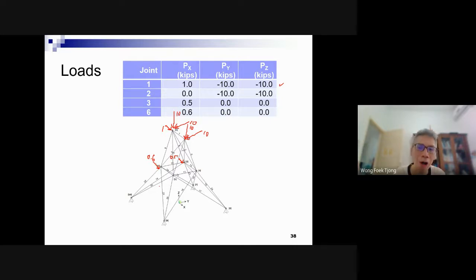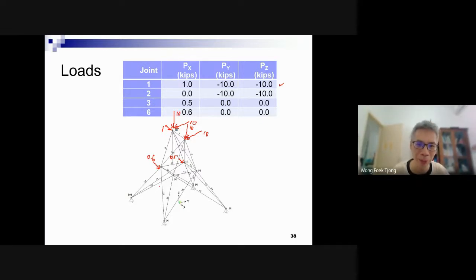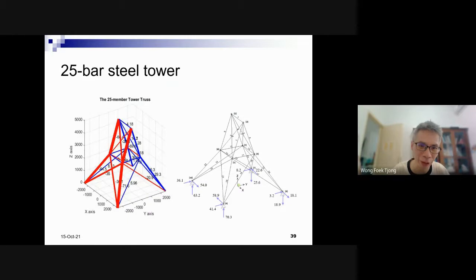Of course, if you have to calculate this problem manually, you will die. No time, right? So use my program. It's given to you for free, you don't need to pay me. Don't worry, okay? So if you have a tower project, you may use my program to calculate the internal force. It's free. It's good, right?